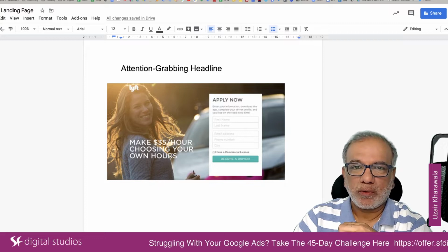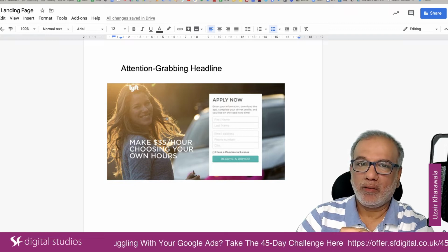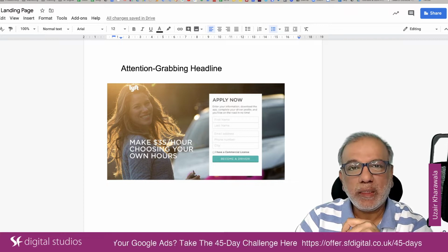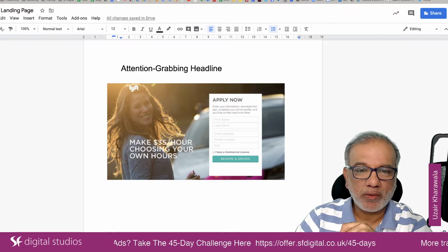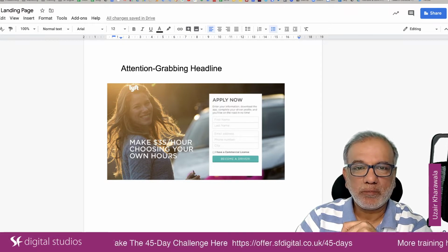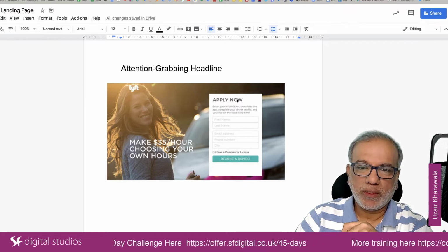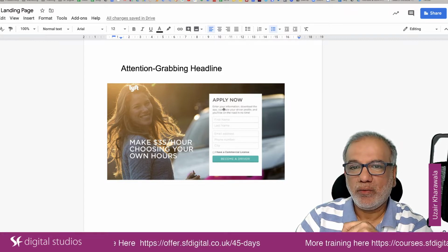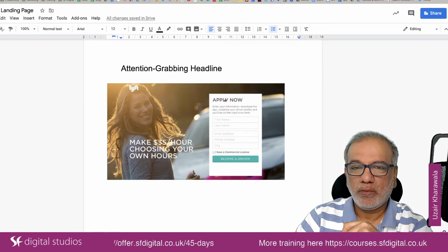Next important element is a really strong attention grabbing headline, where straight away the focus is what's in it for them. So over here it says make $35 per hour choosing your own hours. So it's a very strong headline. They've got a great call to action over here: apply now, enter your information, download. Now quite often I see that you don't have this information in here. All they will do is put in the headline and then first name, last name, and the